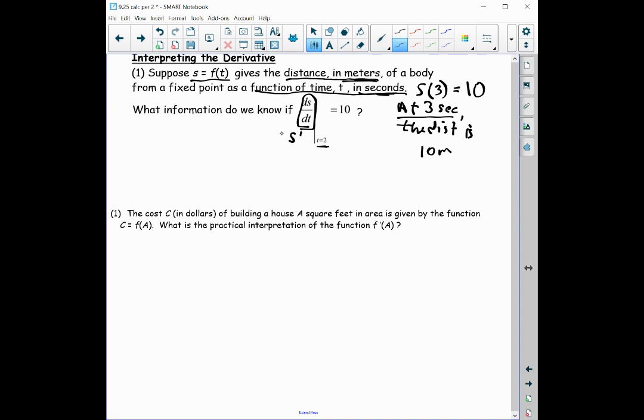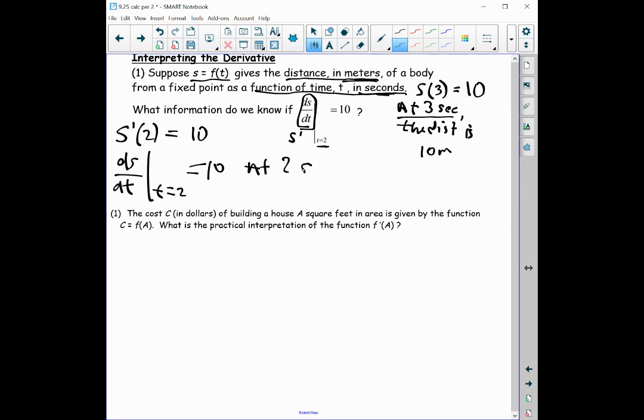That's one thing that we're going to talk about. If I wanted to say s prime of 2, I would write it like this. But with Leibniz notation, you would say ds/dt such that t equals 2. They're telling us that s prime of 2 is 10, or that ds/dt at t equals 2 is 10. So that's the slope. If I want to interpret the meaning of this, the function gives me what something is. The derivative tells me how it's changing because it's a rate of change. So we're going to say at